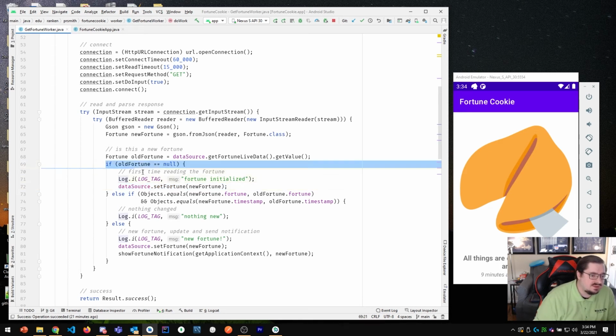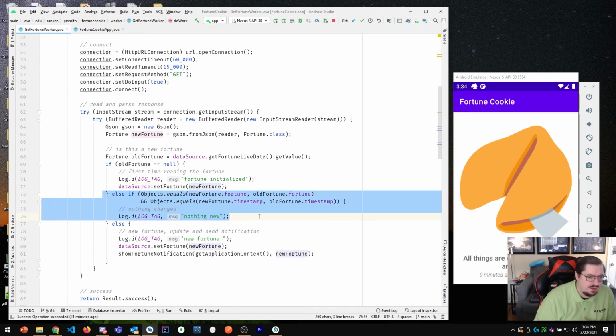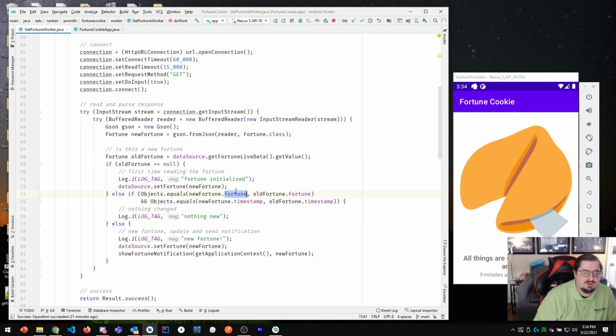Okay. So in this case where it's the first time, that's where we're updating the data source. I'm not doing anything if there's no change. If there's no change to the timestamp, then we're done. And I really don't need to check the fortune. I just need to check the timestamp. But